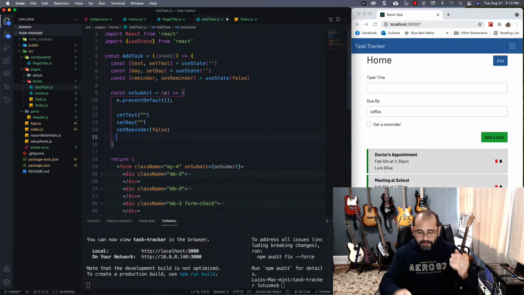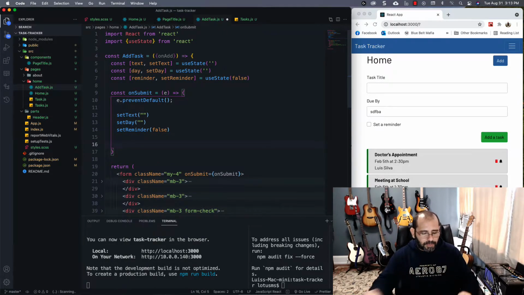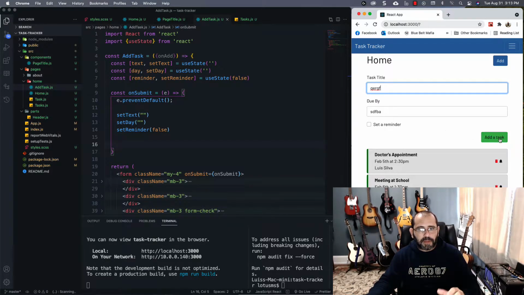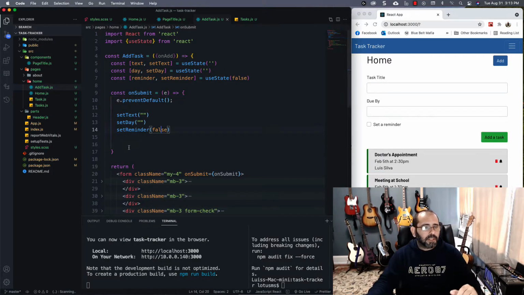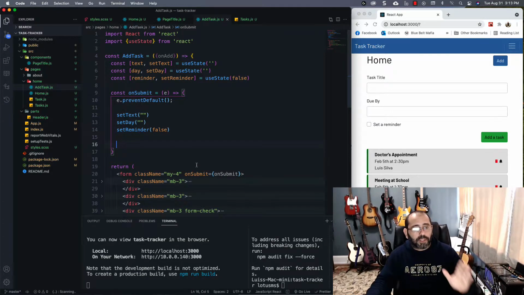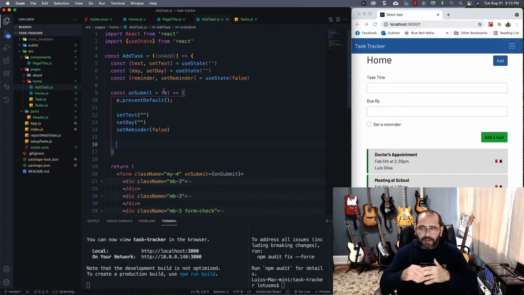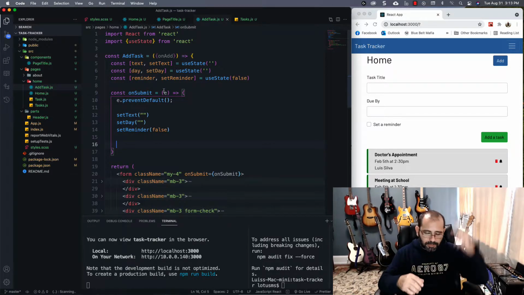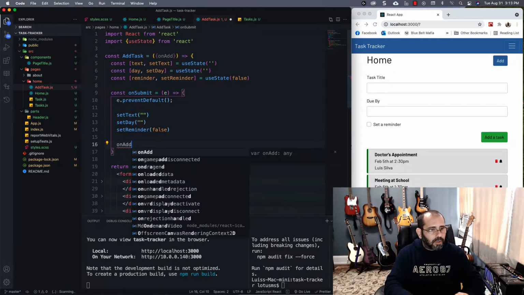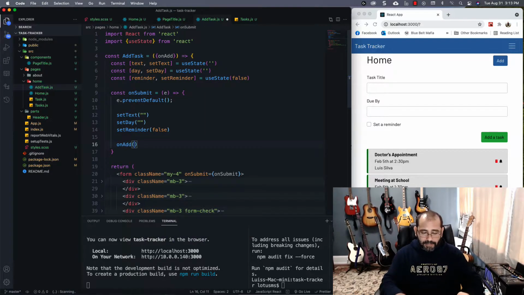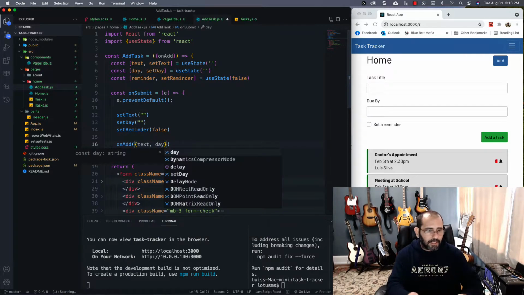And now that I clear them, if I save it right here, you can see me fill stuff out, and then when I add test, it clears it. So now that I do that, I also wanted to run this onAdd, or basically fire up the onAdd event and send the props over. So I'm gonna go ahead and set the onAdd function, and inside there I'm gonna put my properties that I want to send over to